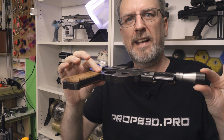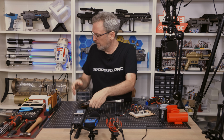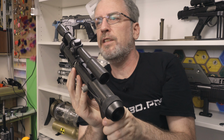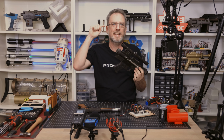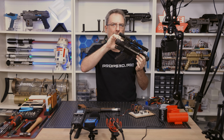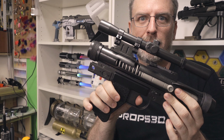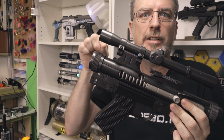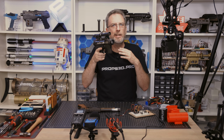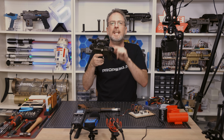Considering the teeny little space, I think this sounds awesome. Now let's compare that to this. This is an SE14R. It has the exact same setup, except the speaker is in the cap and the entire body is a cone. And listen to this. This one actually hurts my ears if I have it up here. It is freaking crazy. Same speaker, same amplifier, same battery, same buck converter, but this one is easily twice as